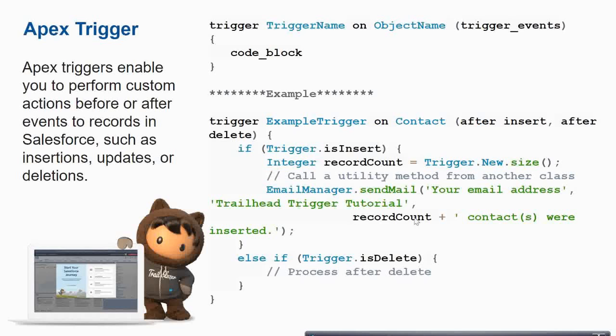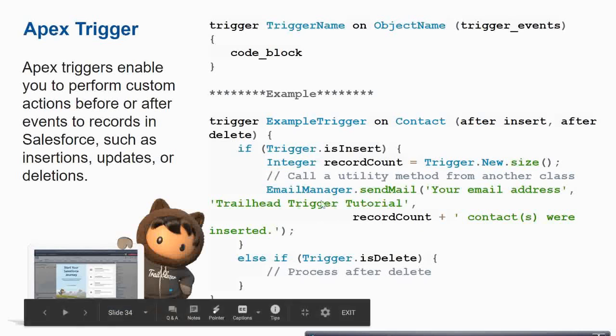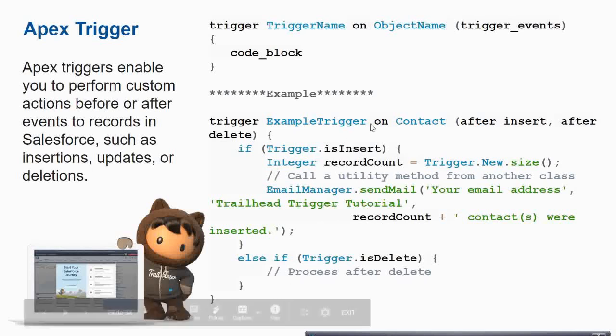The email will have this record count, which is the size. This size of the contacts will get returned and the email will get triggered. So basically, as soon as a contact record is created, an email will be triggered and the subsequent user will get an email. This is what a trigger does. It is used to trigger an action based on an event or a logic which you have written in Apex.